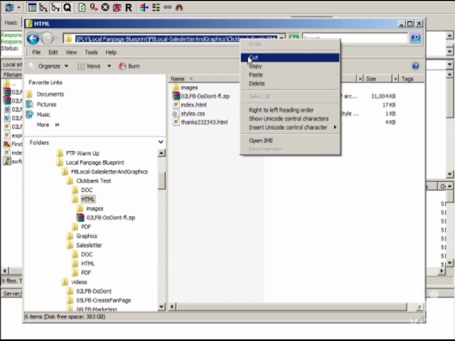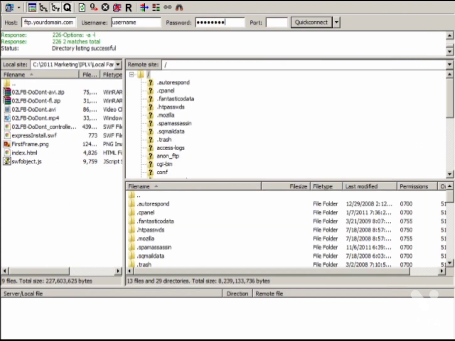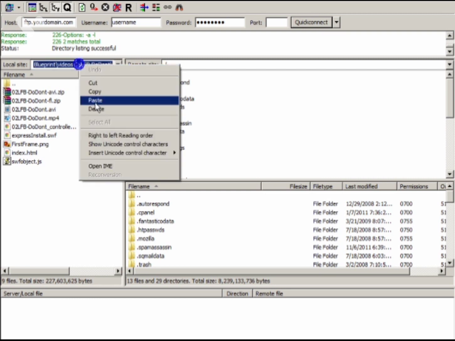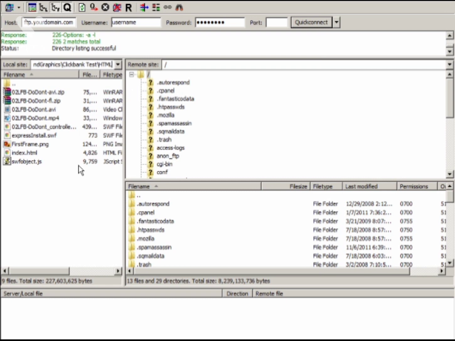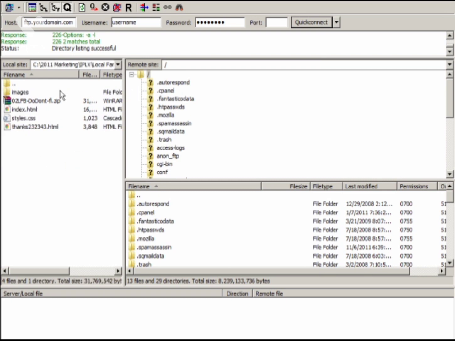So right click and copy, go back over here, and FileZilla is split up into two sections. This section over here is your computer section. So if I go here and right click, paste, enter, those are the files that I've been working on. The right side here is your website. So when I connect, normally you'll see this stuff here, and then you'll see